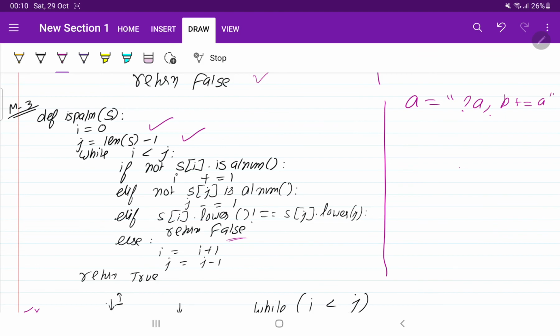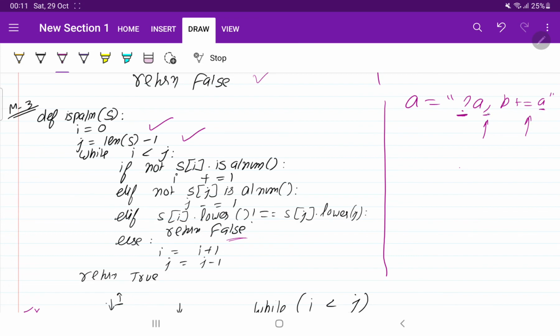It will check that the first is non-alphanumeric, so it will increase i by 1. It will come to the last place and check it is alphanumeric, yes. Then it checks they are equal, yes a is equal to a, so i will increase by 1 and j will decrease by 1.